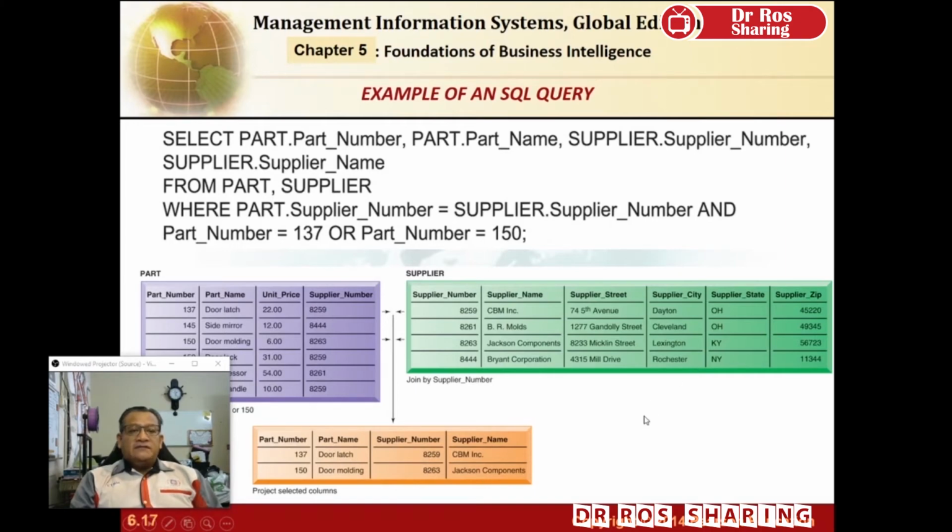Okay, for example, you have a query or a request of information. This is the table for select part. From the select part, you can see part number, part name, unit price and supplier number. From the supplier table, you can see supplier name. And from the supplier where part supplier number is equal to supplier number and part number 137